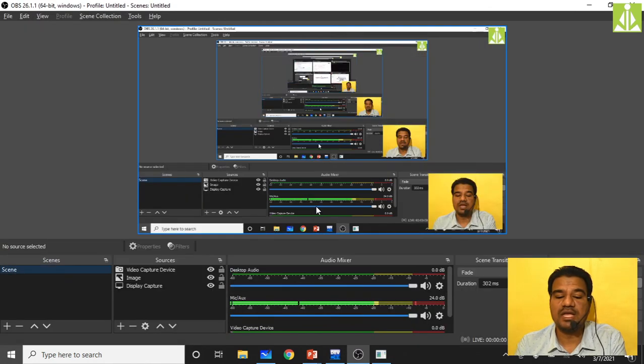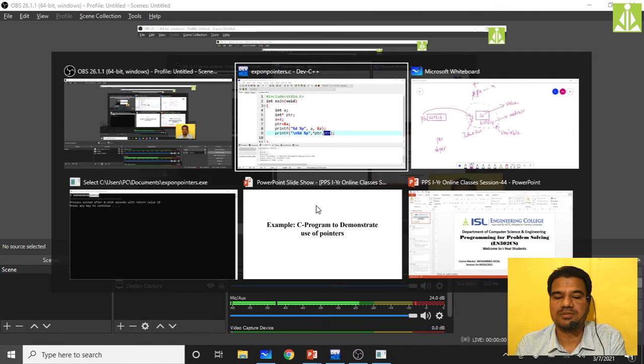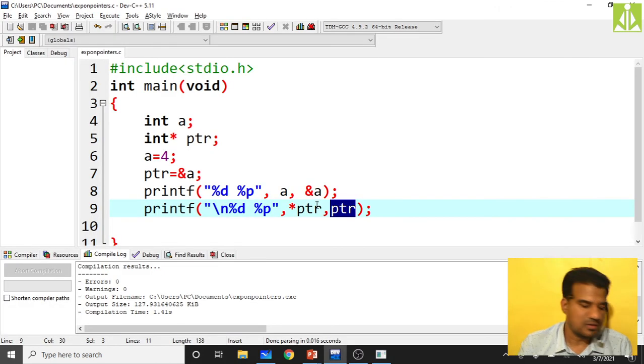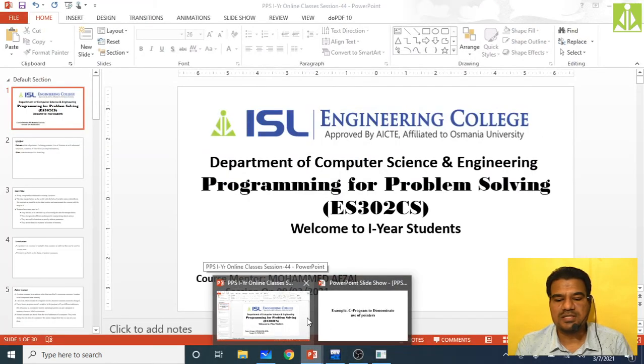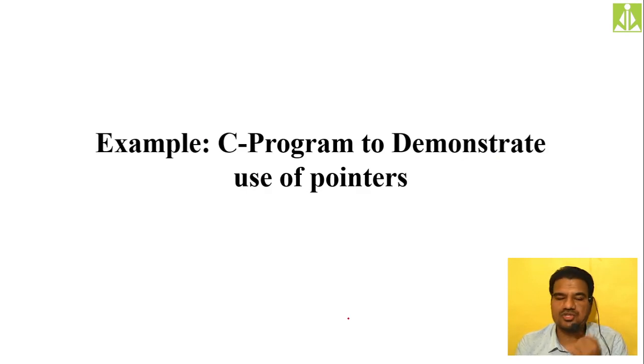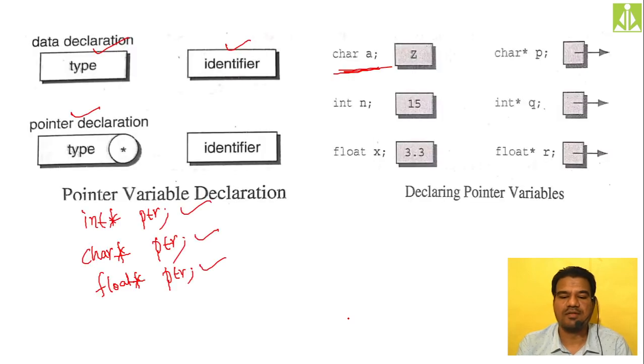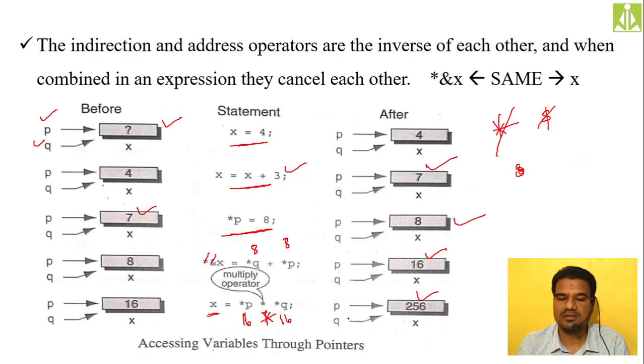It is a very, very important concept, believe me. The next thing, just go to the slide and check what we have. When we practice these pointers in our class, we'll go through all these things. Even if you want, I can show you, or else you can practice, because I have already shown you how to access the pointer, how to get the address from a pointer, and how to get the value from a pointer. Everything we discussed.